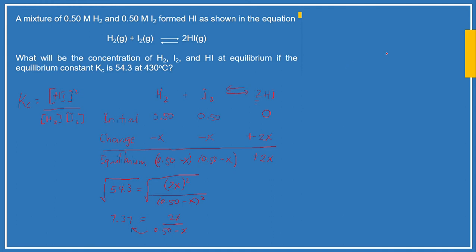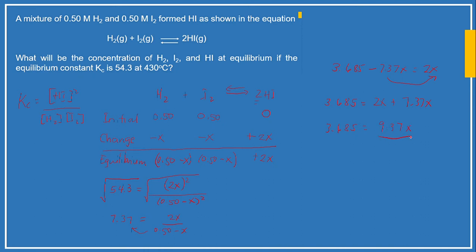So, we will get 3.685 minus 7.37x is equal to 2x. Transpose natin to sa kabilang side ng equation. So, we will get 3.685 is equal to 2x plus 7.37x. 3.685 is equal to